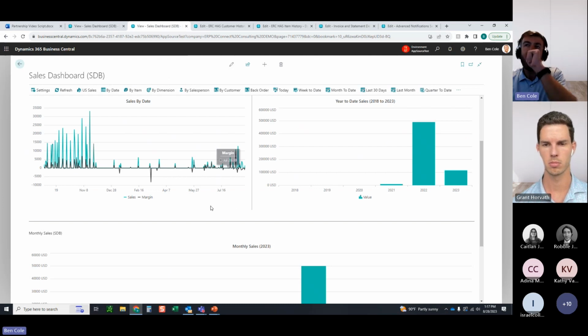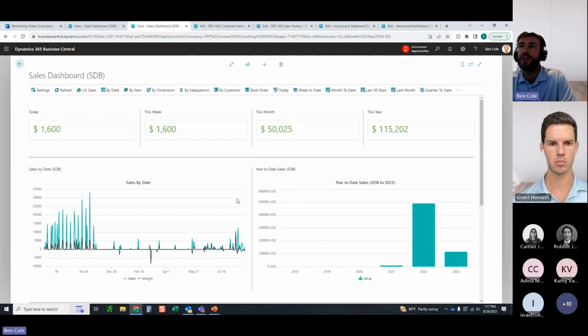of your sales metrics. Whether you want to look at it at the kind of geo view or you just want to see kind of a trend by date, right? This is a lot of people's kind of first stop when looking at sales. They'll come to the sales dashboard, come up to this by date tab, then they can immediately see how much have I sold today, how much have I sold this week, how much have I sold this month, how much have I sold this year, what are my sales by date metrics, what are my year-to-date metrics for the last